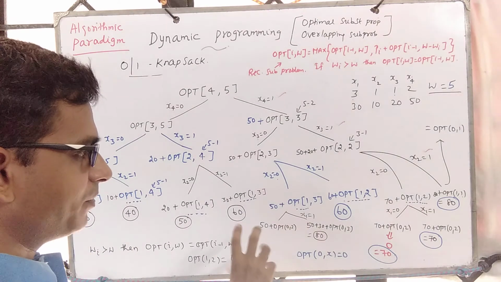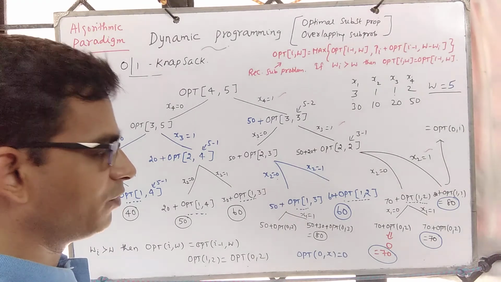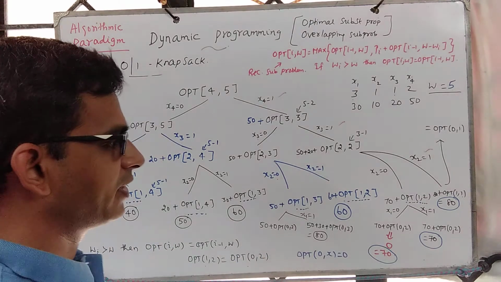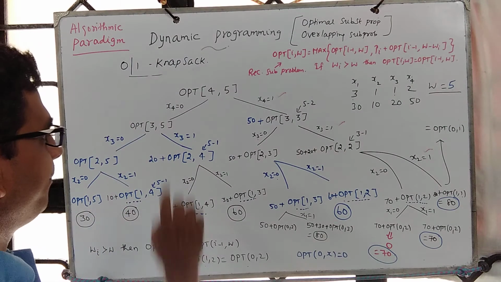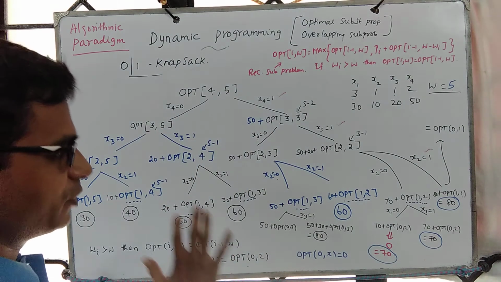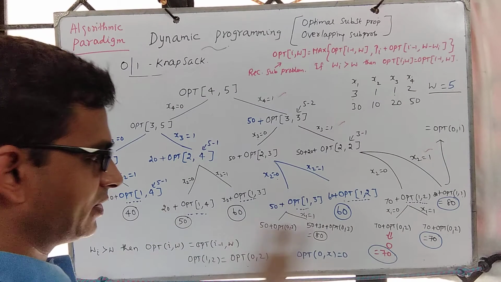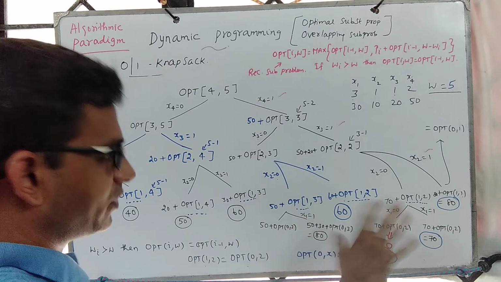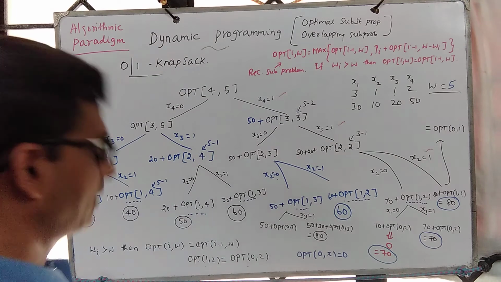Now we will map this to the tabular method, and with that one can estimate what would be the complexity and size of this recursion tree. Okay. Now look at it this way. At the first level, we get two subproblems. Supposing you are employing a simple recursive solution to compute this. Let's assume you are computing this branch, you are computing this branch, each of them without taking overlapping subproblems into account. Then what is the size of this recursion tree?